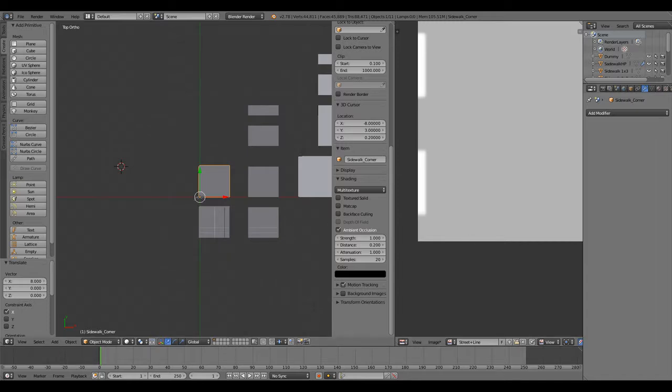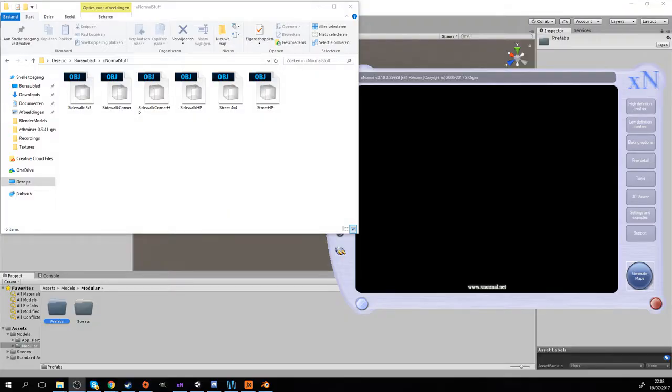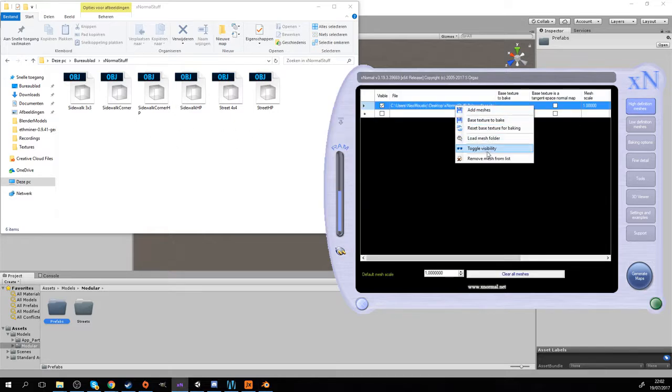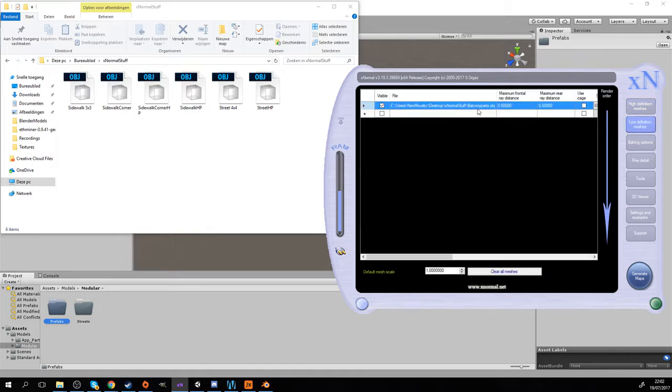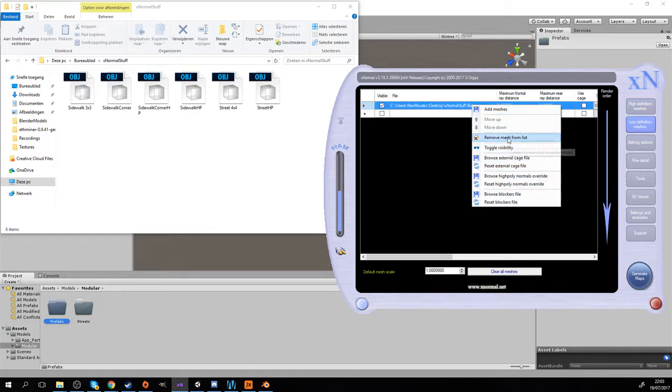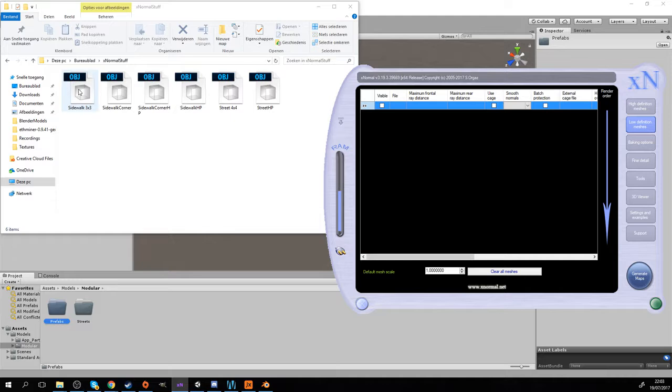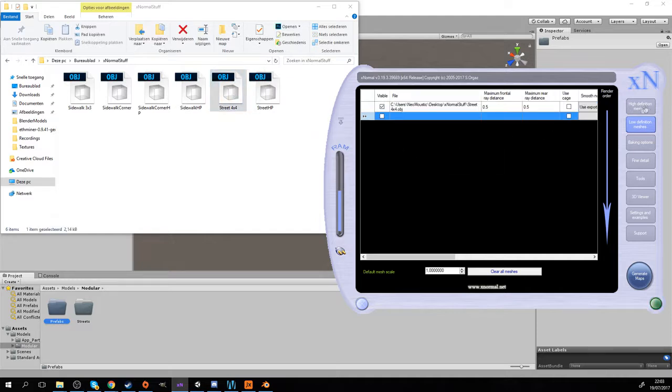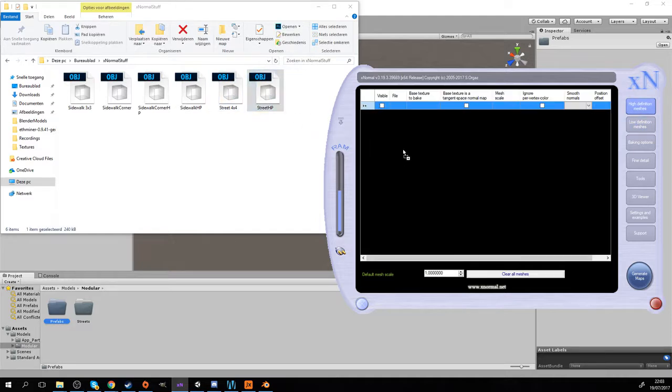There we go. So let's show you guys. We got our 6 models. Of course, we made more models, but we got the 6 that we need right now. So the next thing that we're going to do is, first of all, I'm going to remove all these meshes. There we go, and we're going to decide which ones we're going to do first. Now I'm going to start with the street, so street 4x4 I'm going to put in the low poly one,